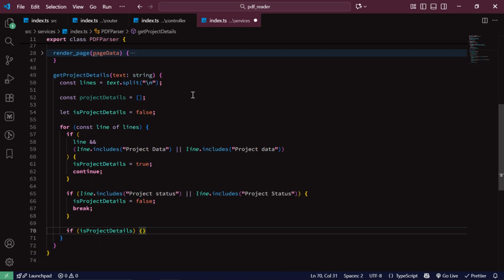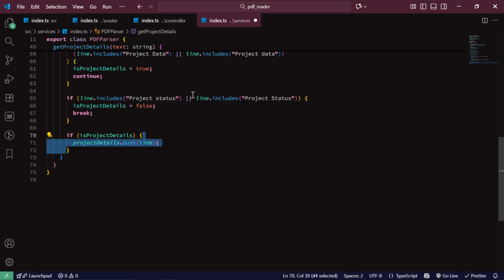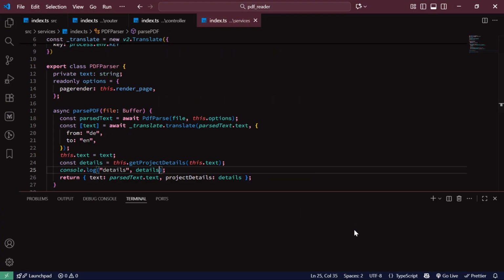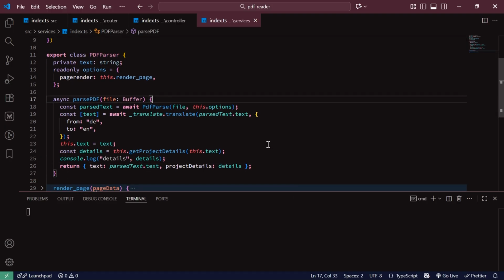I will check if the isProjectDetails flag is true. Then we will collect the line into our results array and return the project details collected array. This method is a classic example of state machine parsing. We transition between states, which is the outside section, inside section, and outside section again, based on specific triggers in